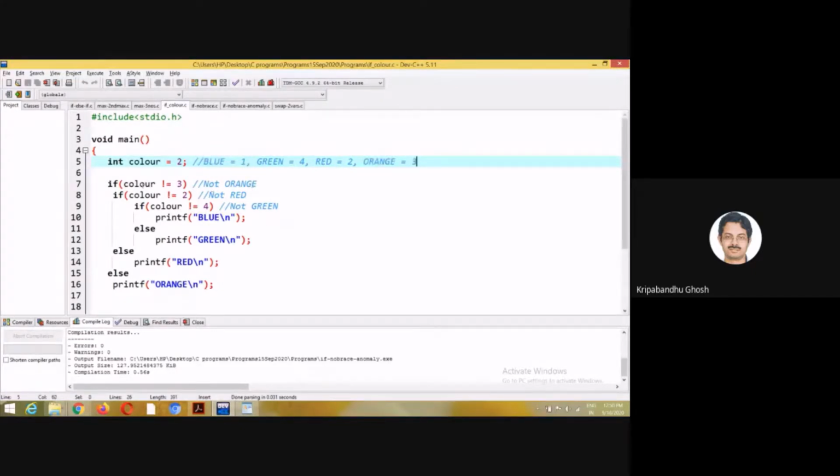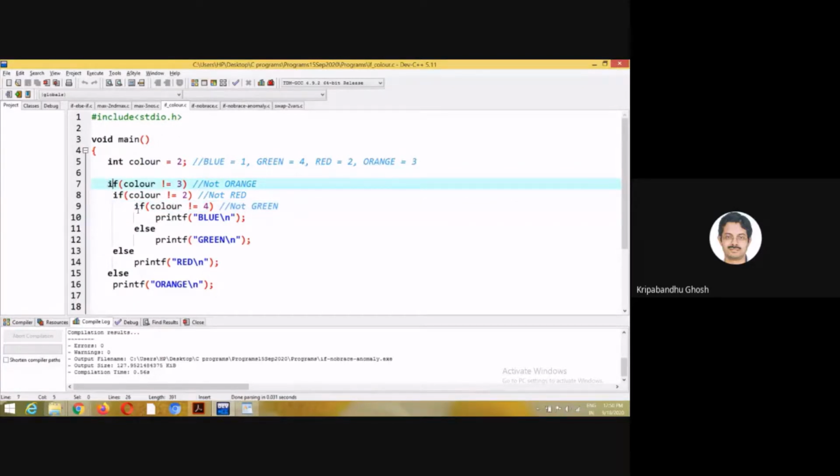I have written this particular code. As I told you, the statement under a particular if will be within its scope if there are no braces. However, if under this if there is another if, then it comes under the scope of the first if.